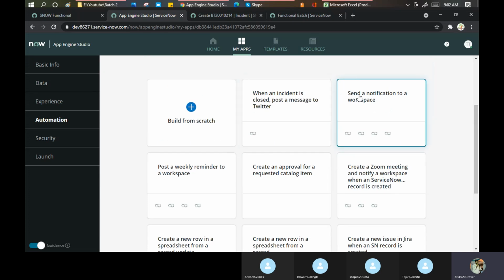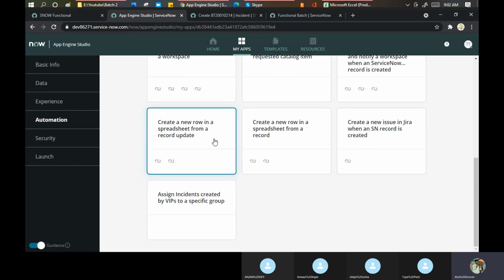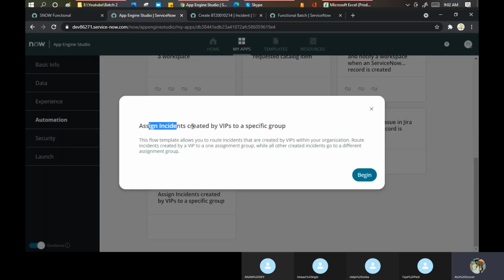These workflows are built by ServiceNow, and it is on their app studio, not on the simple. You cannot search in the application navigator. You need to download it from the app studio only. Okay, so if you want, you can create it. I say no, I want that if someone raises any incident, it should come to a specific group.